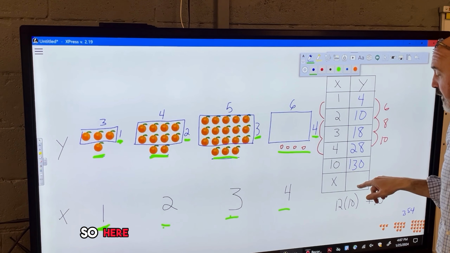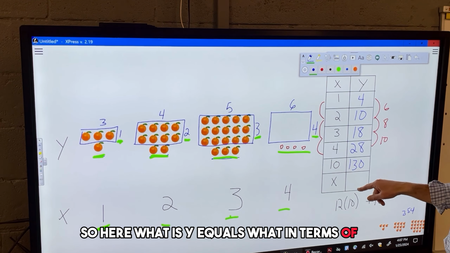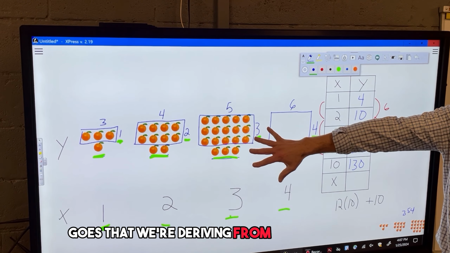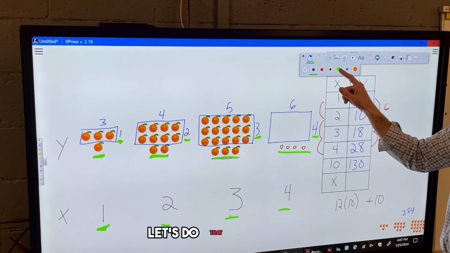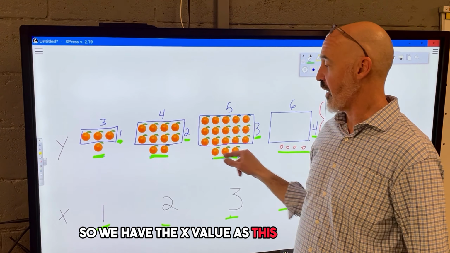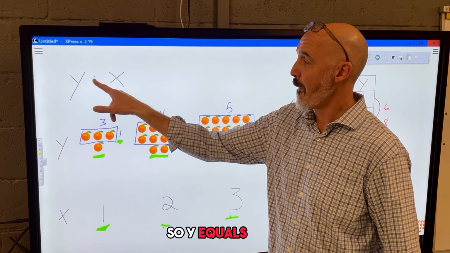Okay, so here, what is y equals what in terms of x? This is where the expression goes that we're deriving from this information. Let's do that now. Okay, so we have the x value as this extra number. So there's x, so y equals the x